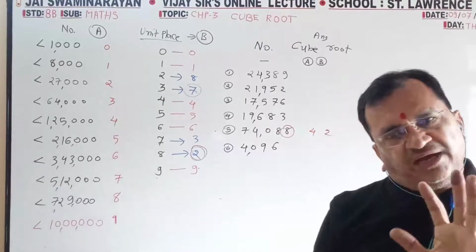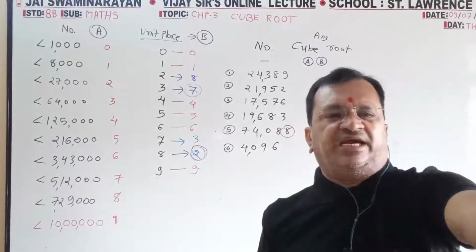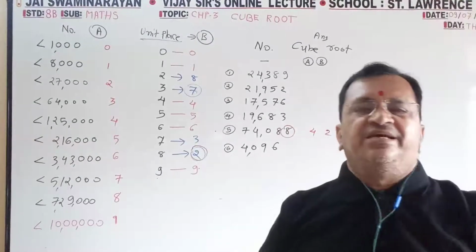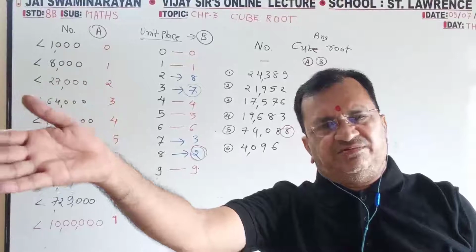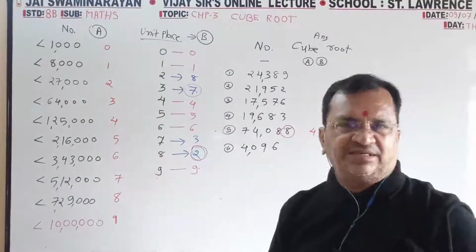So this I want from your side, that within 4 seconds, 5 seconds, even 10 seconds, you can find the answer, whatever the number. In the textbook, they have not given more than 10,000, more than 5,000. But see, we are taking 1 lakh, 5 lakhs, and all those numbers.